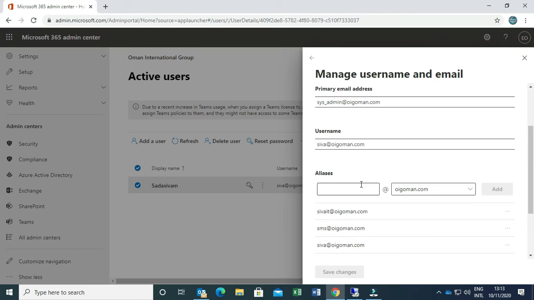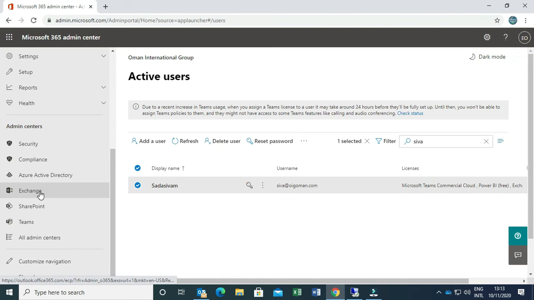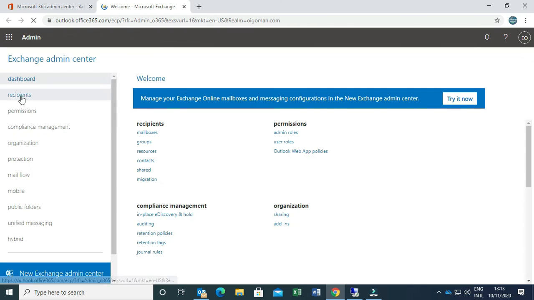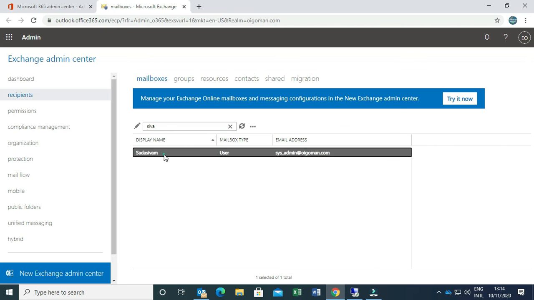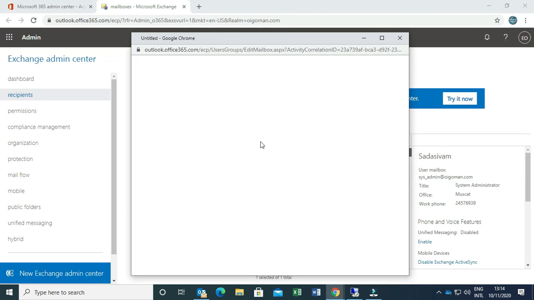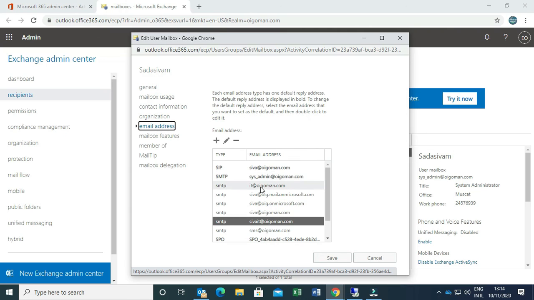So Office 365 charges only once for the primary address and does not charge for the others. But the 50 GB mailbox which Microsoft Office 365 provides will be charged to the primary ID, and all the emails coming to the associated IDs will go into the 50 GB storage mailbox. You can even check in the Exchange Admin Center just to confirm whether the ID has been added.